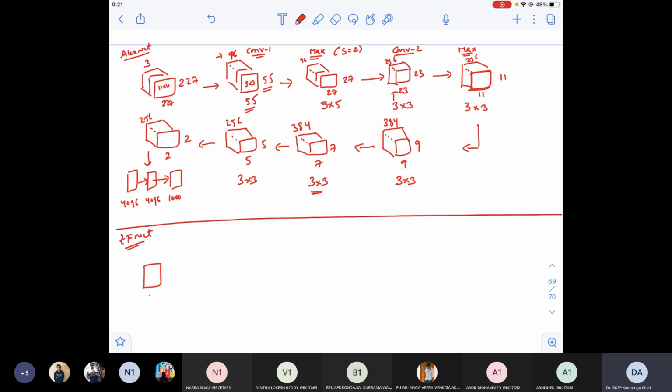Okay. So this is 227 cross 227. And I'll apply this to 3 channels. And you'll apply a 7 by 7 filter instead of an 11 by 11 filter. So this is the first difference. And you would get the same output as this, 55 cross 55. And how many times? 96 times. 96 channels.